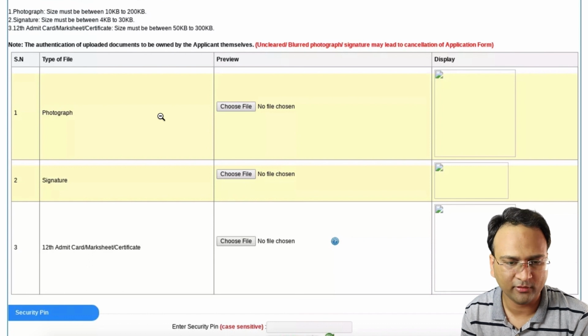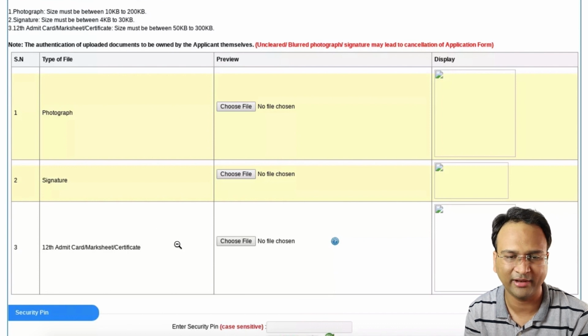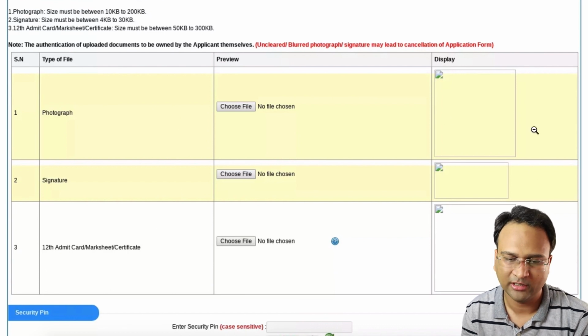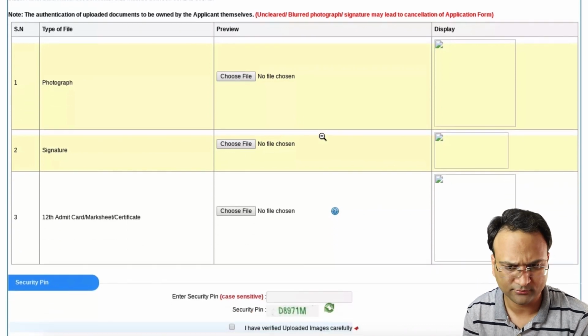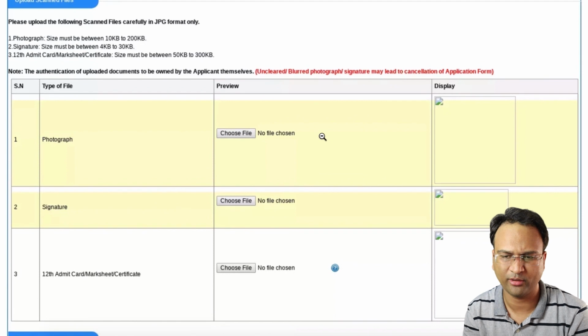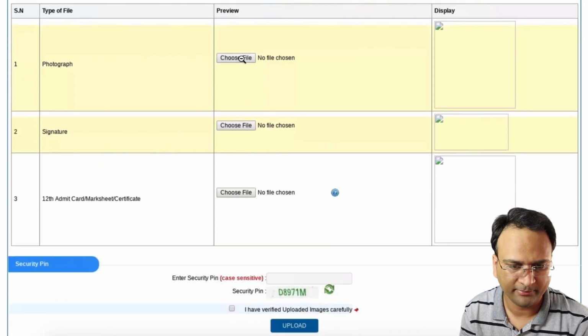which means if you are preparing for this document uploading process, you should have all these three things available with you, because if you try to do it just now, your session might time out and you'll not be able to save your progress, and you have to start it all over. Okay, select the relevant documentations from choose file and click OK.